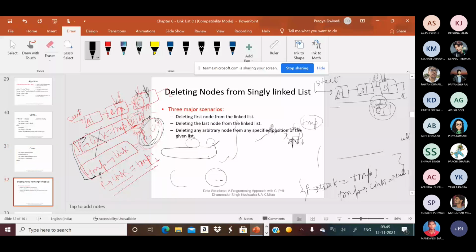So you understood the different ways of insertion of a node in a list structure, either at the beginning, ending, or in between. Now the same case is for the deletion of a node from the list structure. Deletion is also in the same way, like at the beginning of the list you want to delete, the last node of the list, or any arbitrary position.